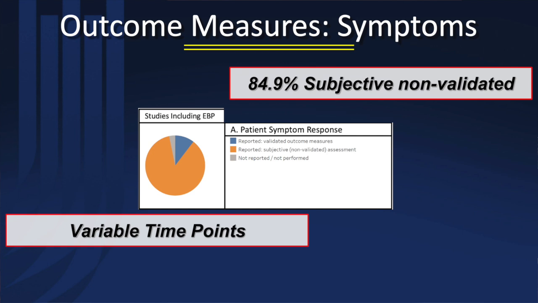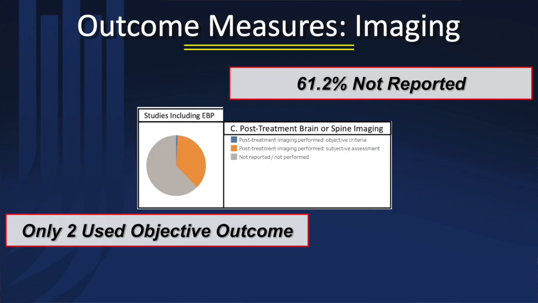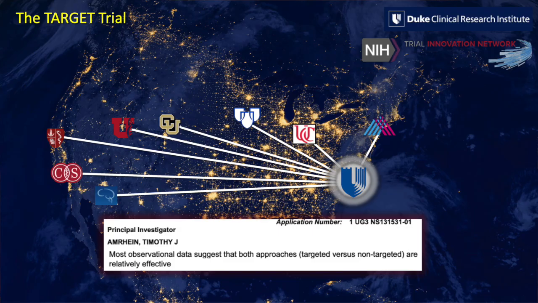And one other thing here is that most of the papers out there, about 85% or so, just report subjective outcome measures, right, at variable time points, which limits the interpretations you can make from the data. And very few use subsequent imaging after the treatment to determine whether or not there has been successful treatment, only 61%. Okay, so we did attempt to submit an NIH grant to run a targeted versus non-targeted randomized control